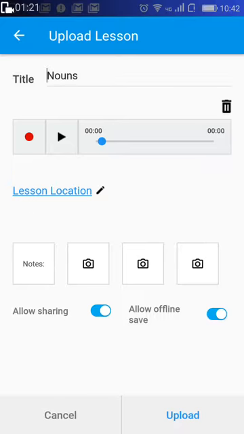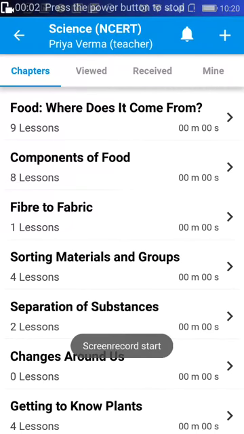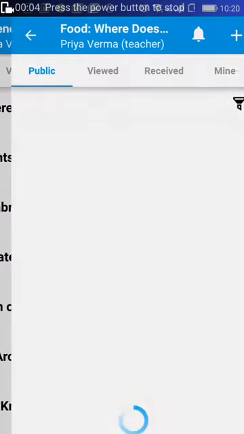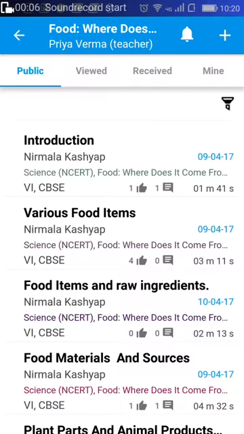Now, suppose you want to create a lesson in this first chapter and you find that other people have already created lessons in this chapter. Should you still create lessons here? Yes, because there are lakhs of students and they have different needs. Students have different language preferences, different abilities to understand, and different interests. The same poem or the same scientific topic can be explained at different speeds, to different levels of depth, and in different languages and accents.